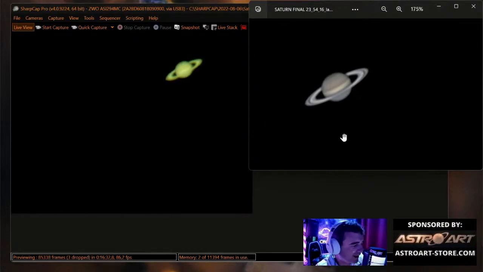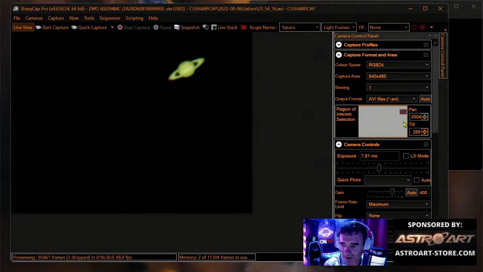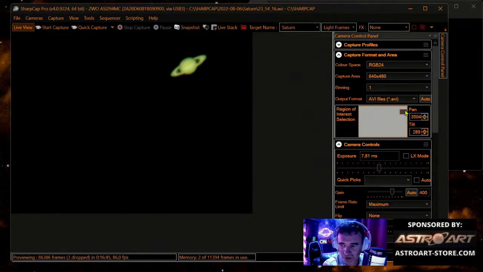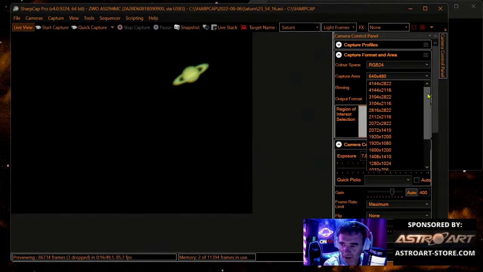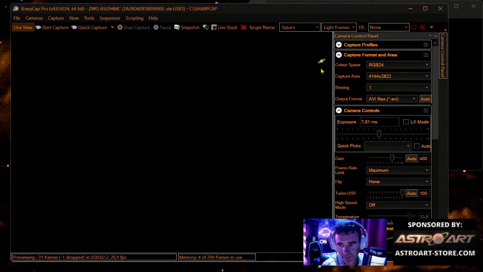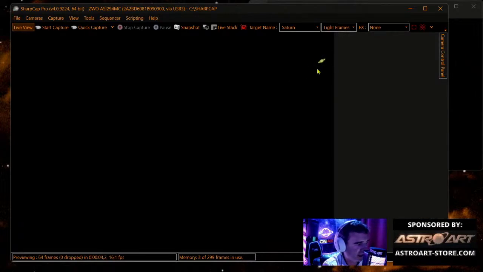Now we tweak in the... Now, I have the region of interest. You can see that it is all to the right. I don't have more space to fit Saturn. What I do is open the full frame again. You see? It's here, Saturn. I will recenter. Just that. Outside. Hold on.